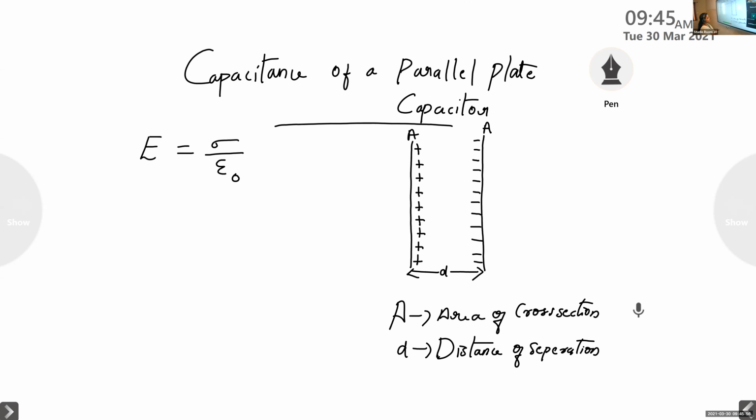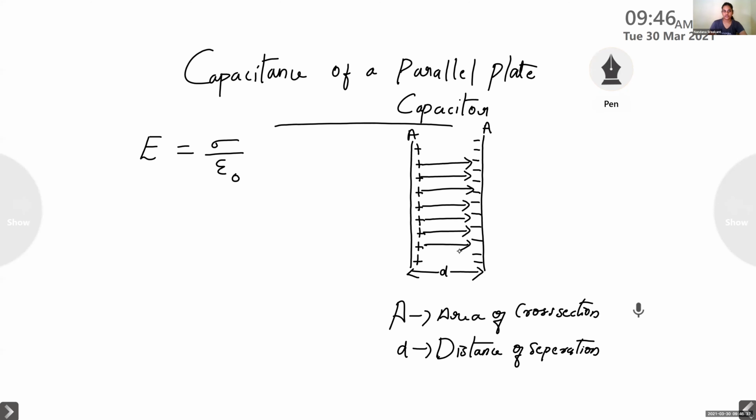The two conductors are separated by a distance D, and here we know that there are positive and negative charges. So the electric field lines originate from the positive side and terminate at the negative side. Here the electric field that exists between these two conductors is given by the equation E is equal to sigma by epsilon 0. Okay, what is sigma? Students, what do you mean by sigma? Yes, Nandana? Surface charge density. Yes, it is the surface charge density. And what is epsilon 0?